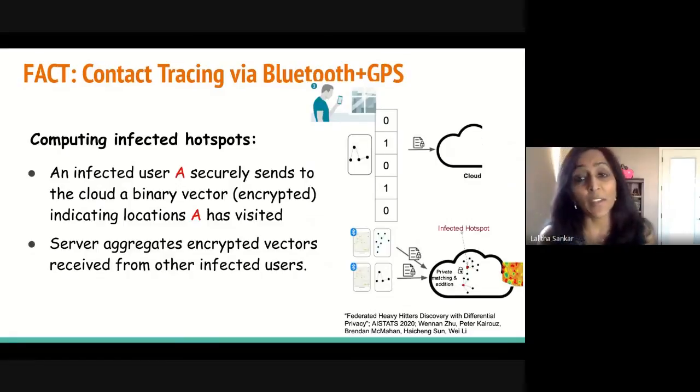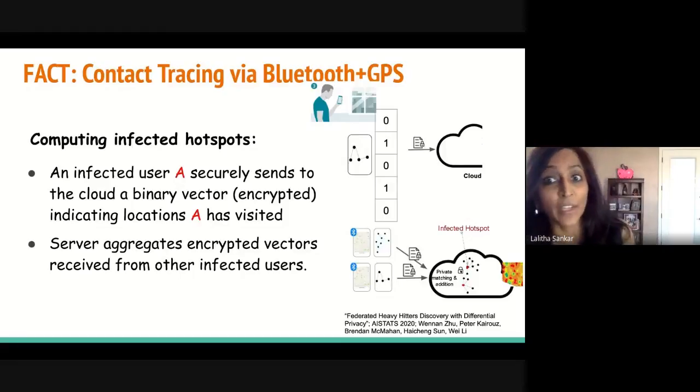How do we do infected hotspot evaluation? So suppose it's on ASU campus, you could have all the buildings as a very long binary vector. So you would start off with all zeros, assuming nobody's infected. But as you go along, if somebody is infected, this binary vector that they send up securely to the server would have those locations tagged as 1. Right?